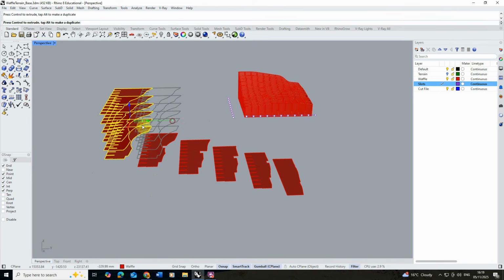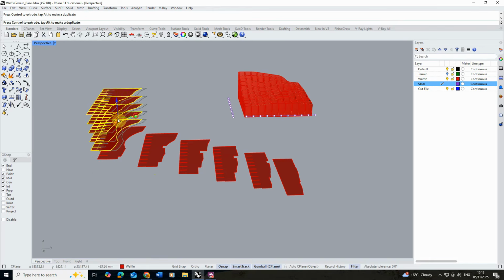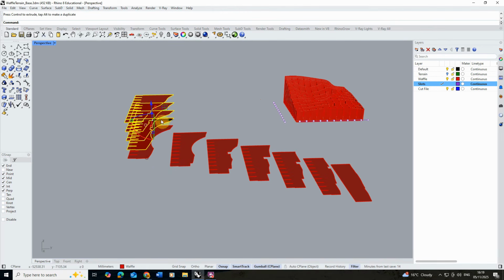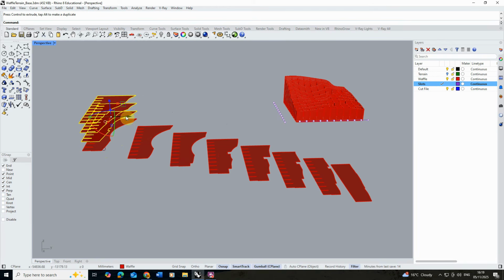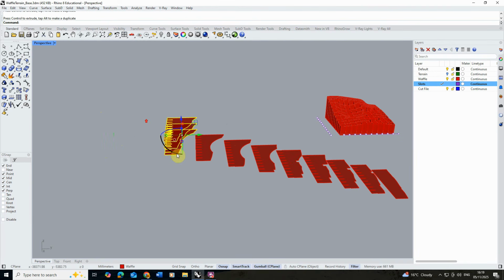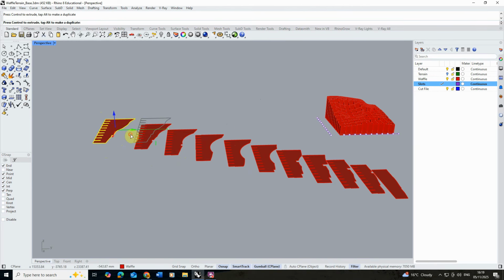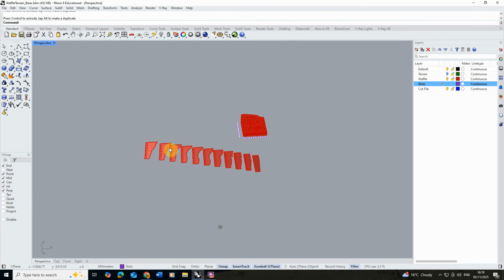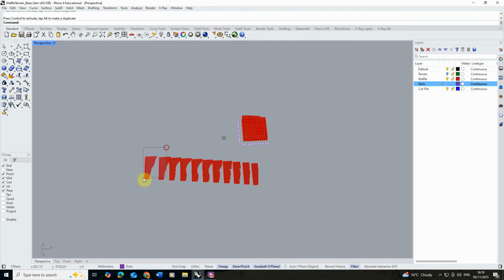This allows me just to keep control of the order of these pieces, which is important when we come to reconstruct this model as a physical piece. So I'm just moving them from left to right, deselecting each face as I go, like so. With that now placed, just make sure you don't have too much overlap, so we're just going to separate these ones out if they're overlapping slightly,